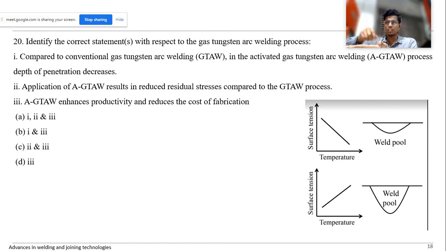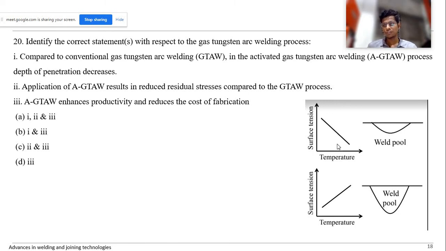Because of the arc generation, the molten pool's fluid flow behavior will change, and because of that, higher penetration will be achieved. In general, this is the case for normal GTAW without using surface active elements. Surface active elements are things like oxygen or sulfur that will be applied over the workpiece before welding happens. So without using active elements, what happens is